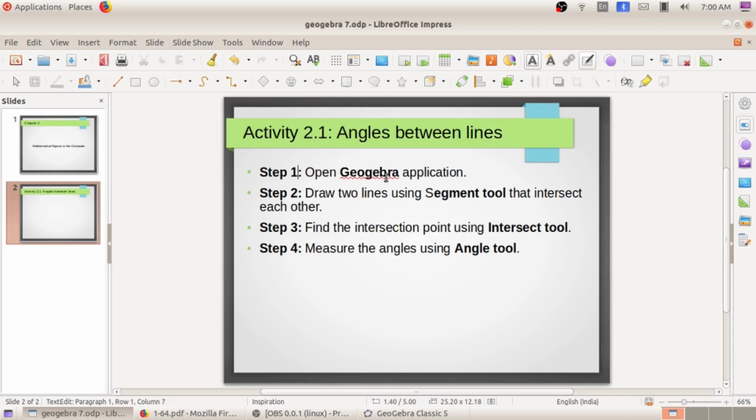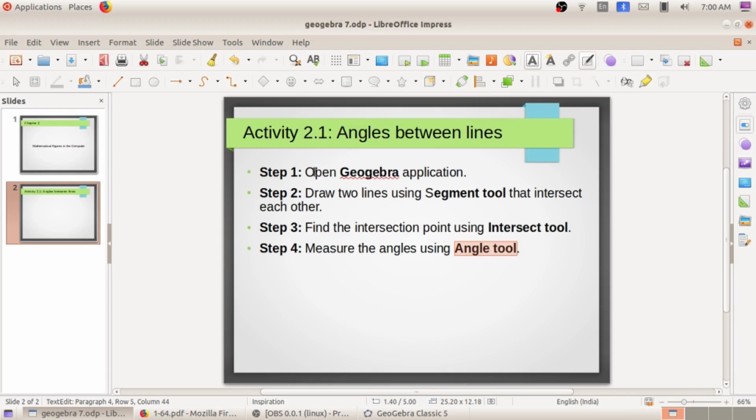You are already familiar with these tools: segment tool to draw a segment, intersect tool to find the intersection point, and the angle tool. So we need these 3 tools in order to complete this activity.